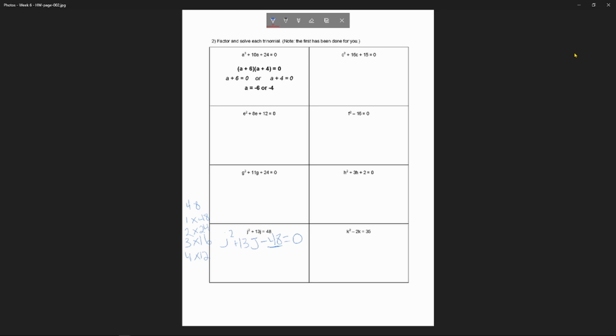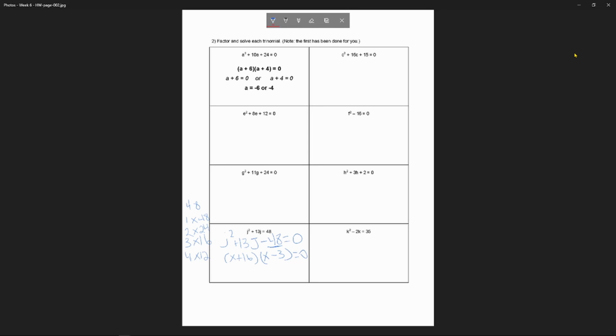But the next thing that can help you is we're adding to a positive 13. So if we had a positive 16 and a negative 3, that would give us positive 13 because we would have 16 minus 3. So we can factor this out to x plus 16 and x minus 3